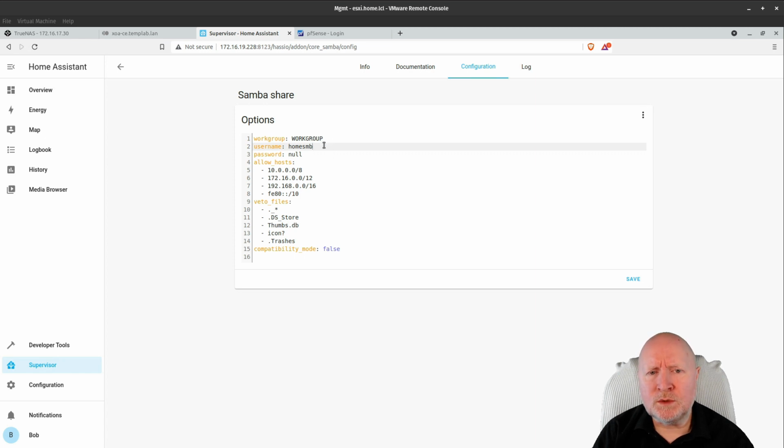Now, one thing to point out though is that that username is different to this username. This one's used to log in and manage Home Assistant itself. This one's used to log into the Samba Share. There are different authentication systems, and you do want to make sure that they're actually different accounts, because when I come to change the actual password,